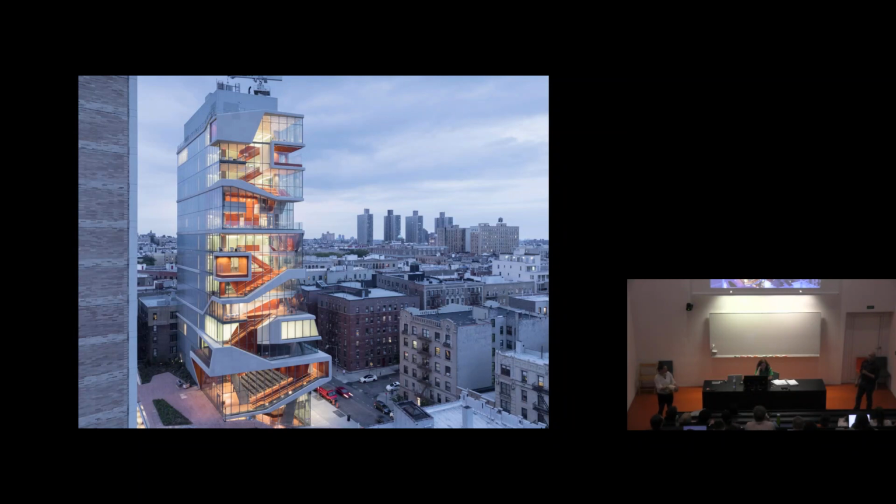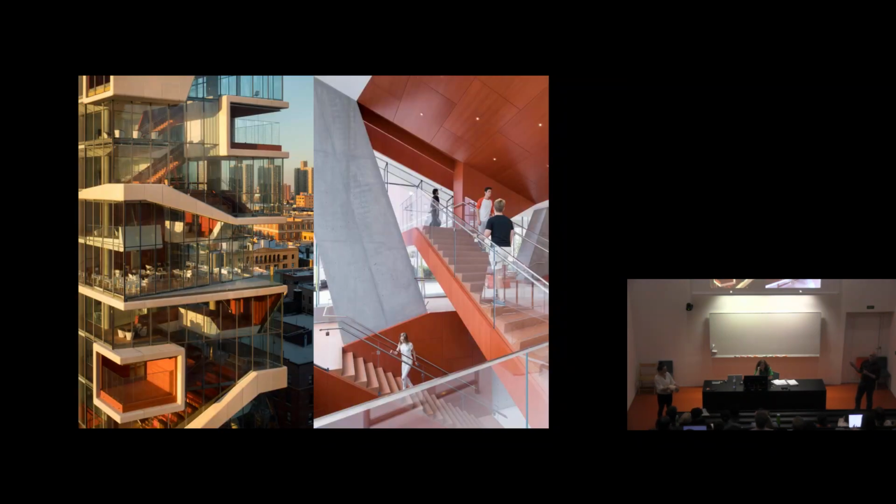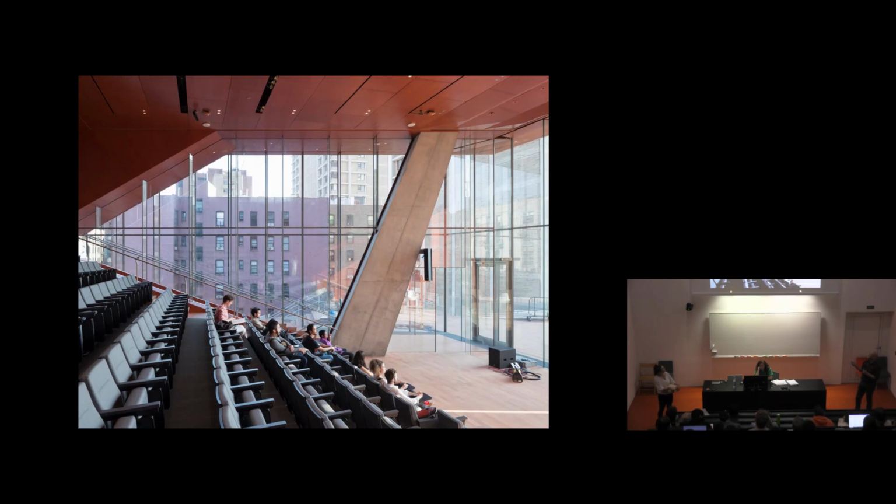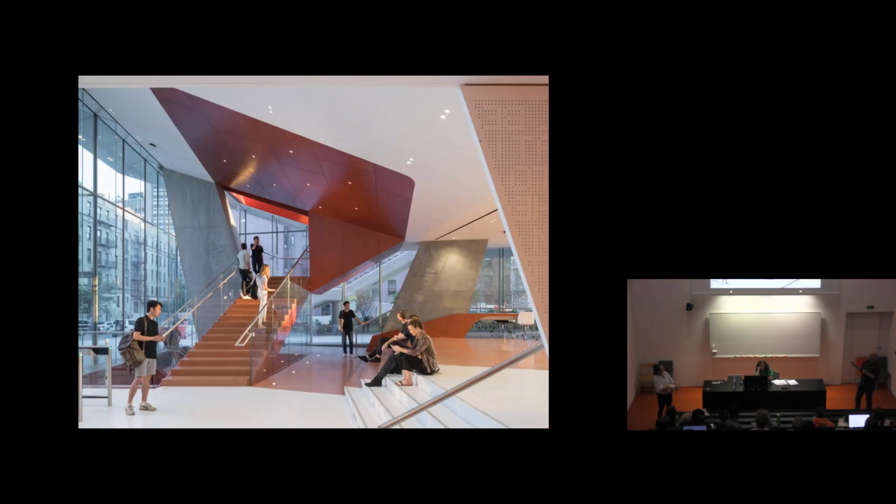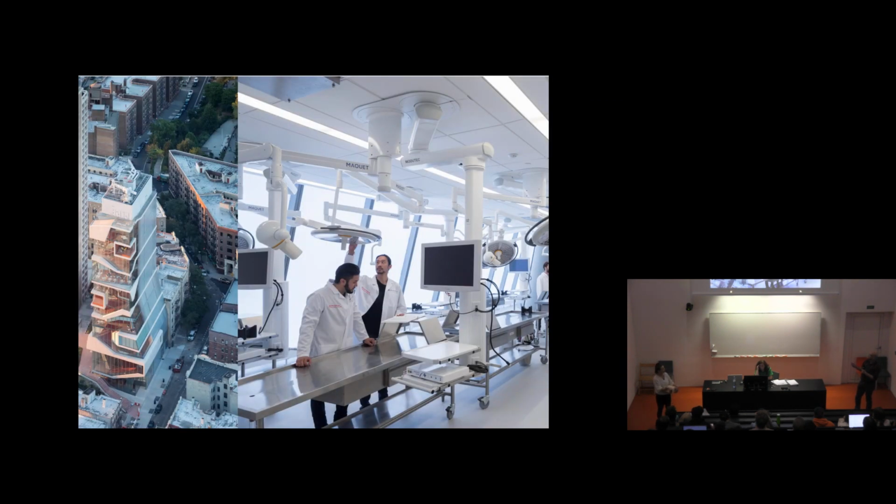One of the things that we always start with in design studio is the first part of analysis of the typology of these kinds of buildings. And this is one of the buildings that we will refer to for sure. It's the Columbia University building for medical research and education, which has a very interesting new typology of spaces: co-working labs, learning spaces, meeting spaces, that I think is very useful and inspiring for this kind of building that we are going to design.